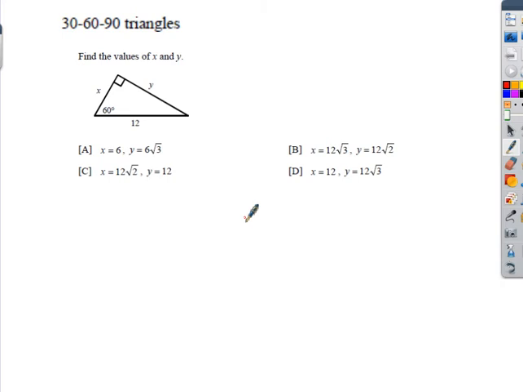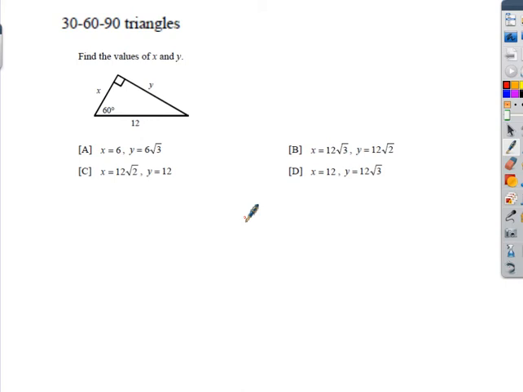Okay, welcome to Accelerated Math: 30-60-90 triangles. We're dealing with right triangles here, and we're given an angle and we're trying to find side lengths. Normally, you might go with the trigonometric functions like cosine, sine, and tangent, and you can do that with this